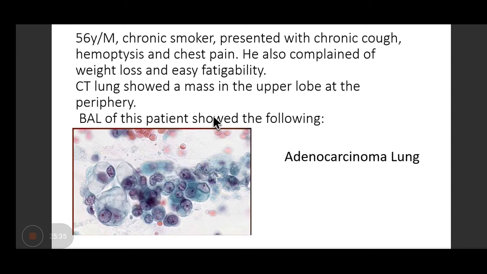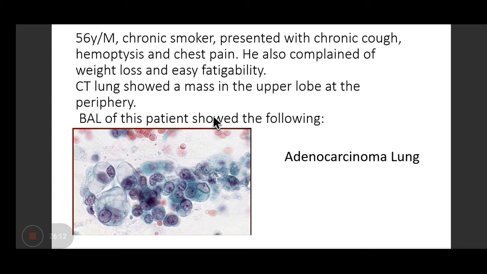Okay. So now there are these cases based on the exfoliative cytology of the lung. What is exfoliative cytology? In this, we aspirate or take out the cells from the lung. What are the types of exfoliative cytology procedures which we do? One is BAL, that is bronchoalveolar lavage. All right, then there are bronchial washings. Then you can also take out biopsies, EBUS, endobronchial biopsies.